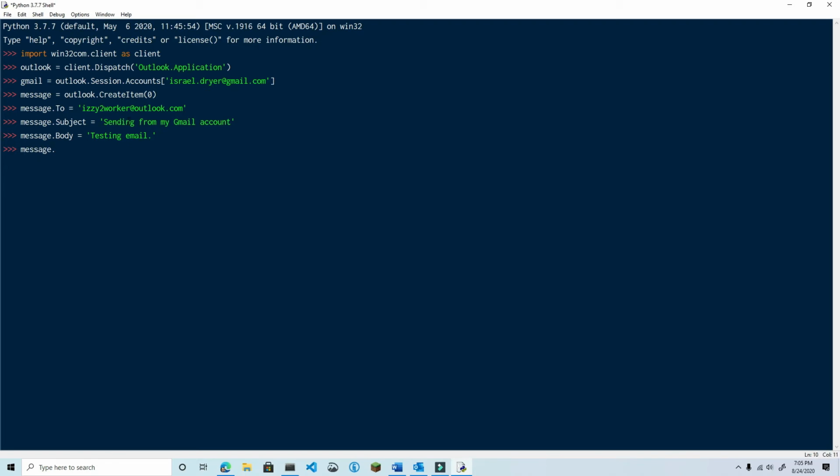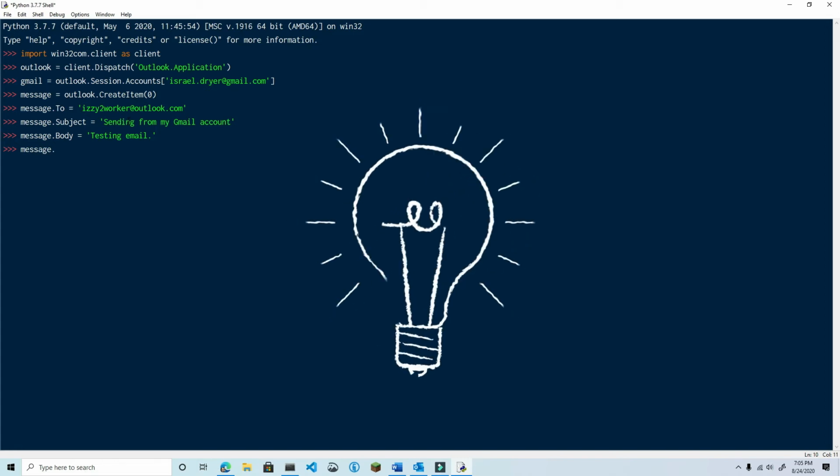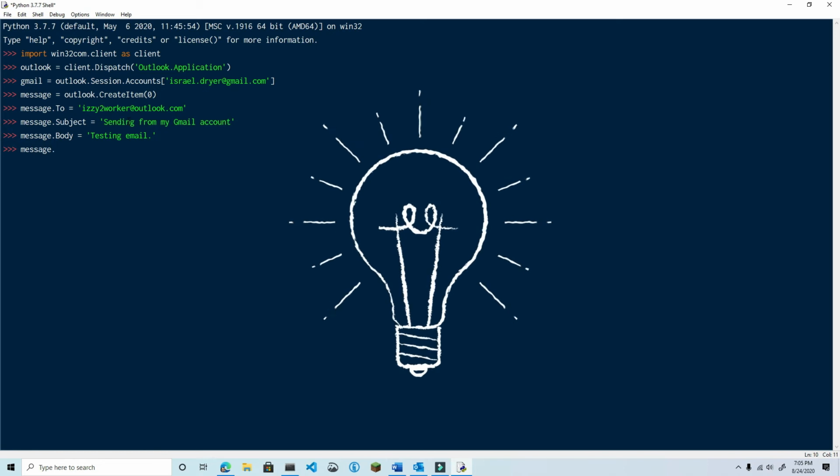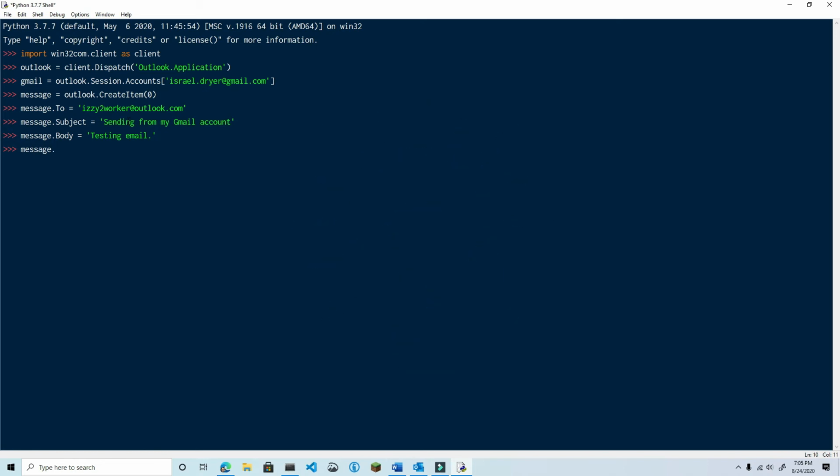Unfortunately, from what I've been able to research and test, the send using account property of the mail item doesn't seem to work. However, I was able to find another way to achieve the same result, it's just not quite as clear cut. Using the mail item object we've created, type in the following in order to change the account you're sending from: